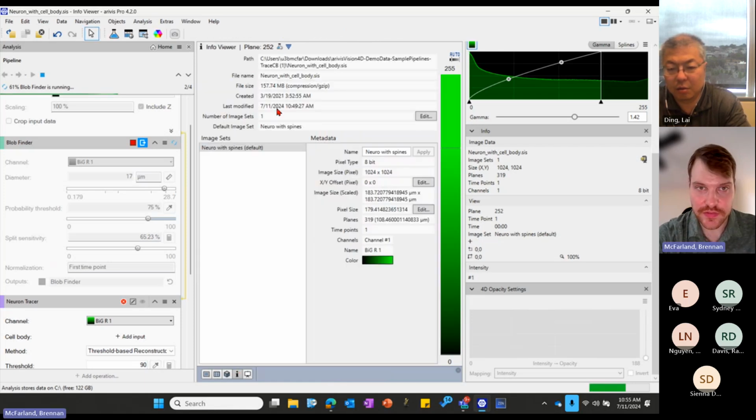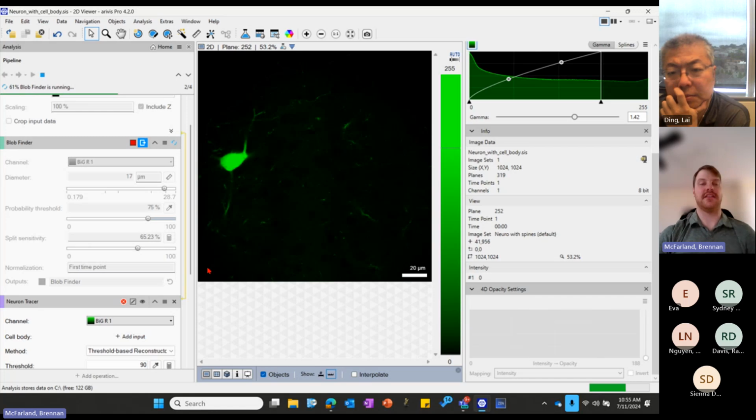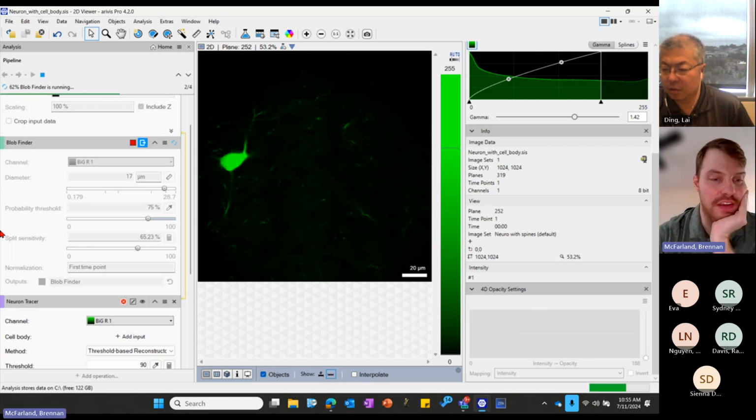Let's see how large this image is. This is a little bit bigger. It's about 157 megabytes. Might take a second to run. And while this is running,